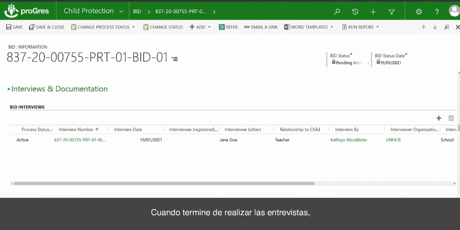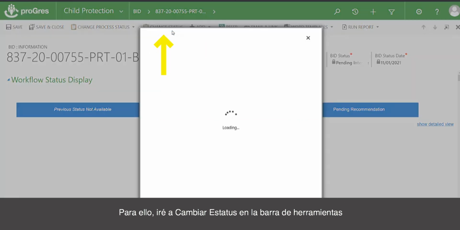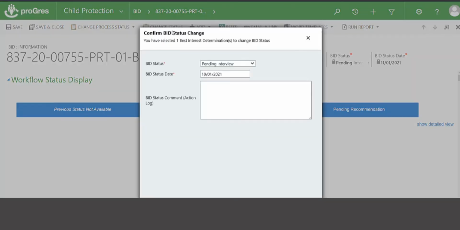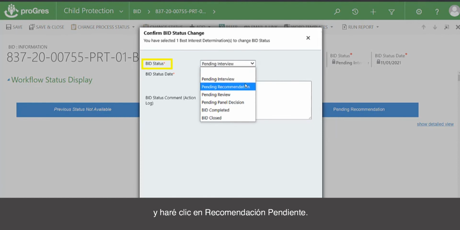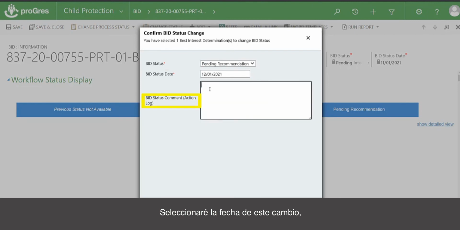Once I have completed my interviews, I will then need to update my workflow. To do so, I will go to Change Status in the ribbon, and I will click on Pending Recommendation. I will select the date upon which this changed, and I will indicate